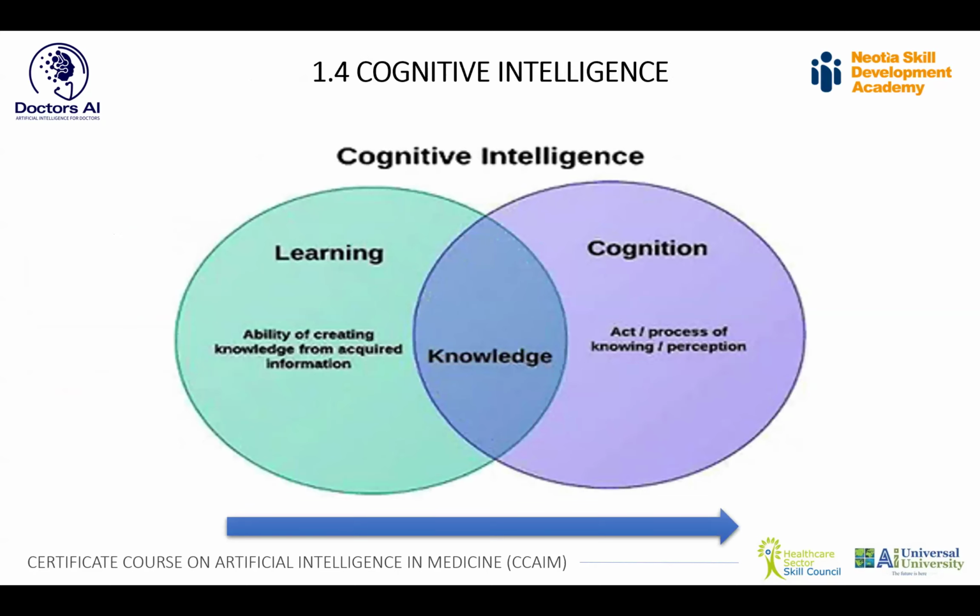Let's look at the other segments of intelligence. So you have learning on one side and you have cognition on the other side. Now, this is very, very important for us to understand. We learn and then we act on it. We act on the learning. So the process of knowing and perception, that's what cognition is. And then there is an overlap of knowledge. So learning, cognition, and in the overlap, knowledge is somewhere in between. From learning, we are going towards enacting with it, that is cognition. Now, this is where you want your AI system to learn, to have the knowledge, and to help you with a better cognition. If you have an AI system that can autonomously function with a good condition, then probably you're looking at the era of general AI.